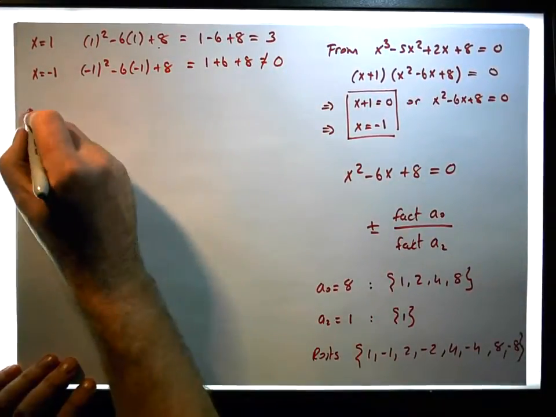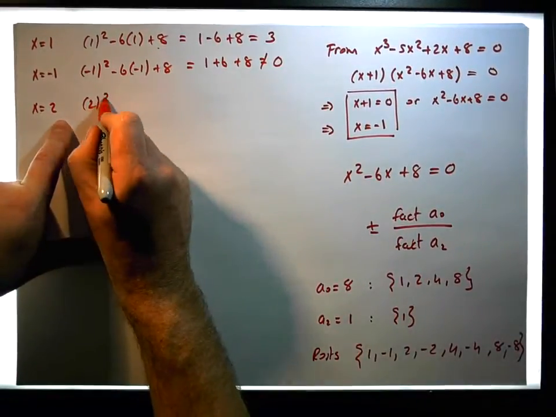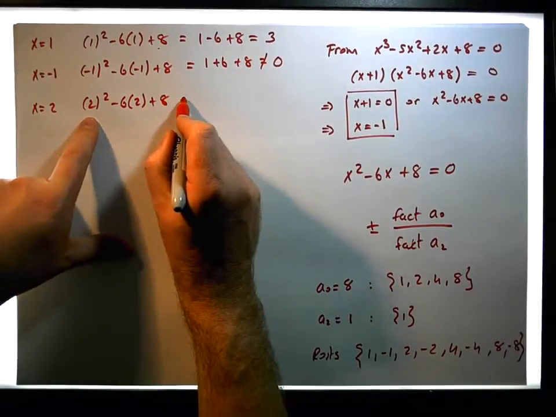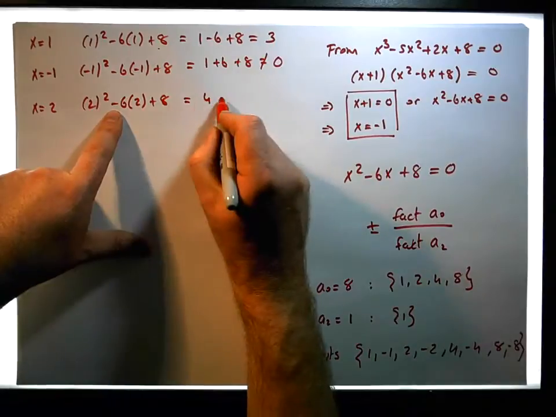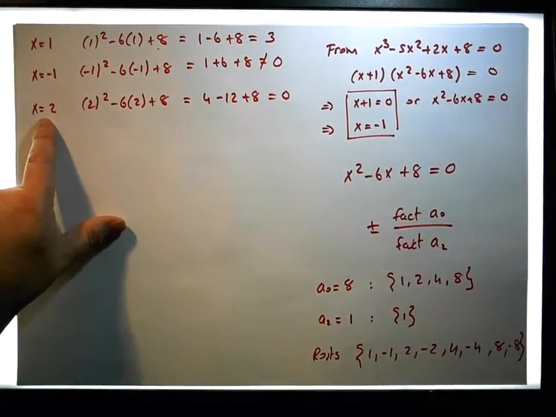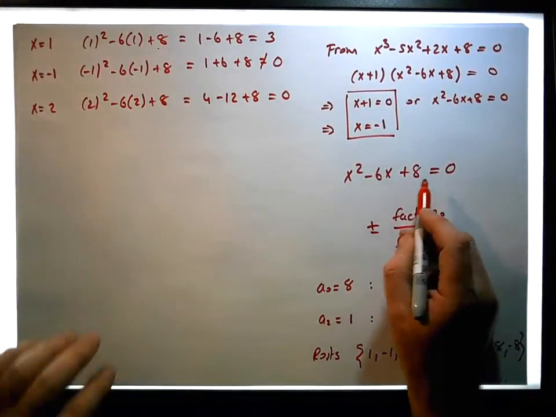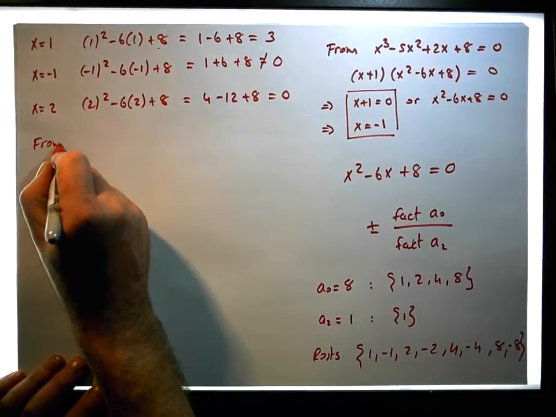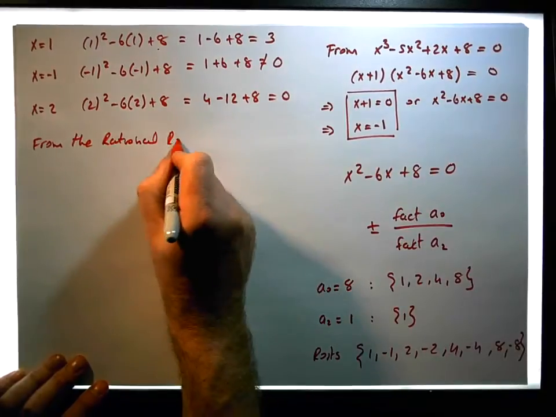What about when x is equal to 2? When x is equal to 2, we end up with 2 squared minus 6 times 2 plus 8. Well, what does that give us? 2 squared is equal to 4. Minus 6 times 2 gives us minus 12 plus 8. Oh, that's equal to 0. So x is equal to 2 is now a root of this thing here. And we can continue now. So x is equal to 2. So from the rational root test,